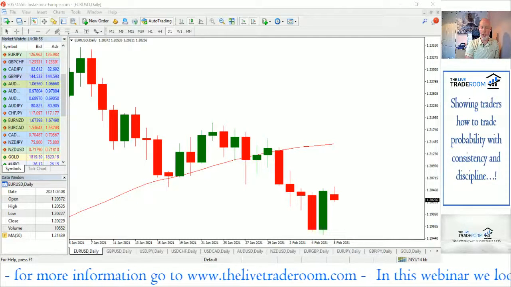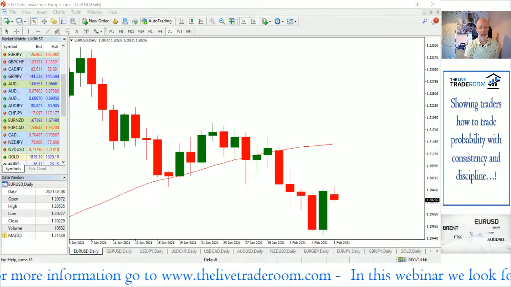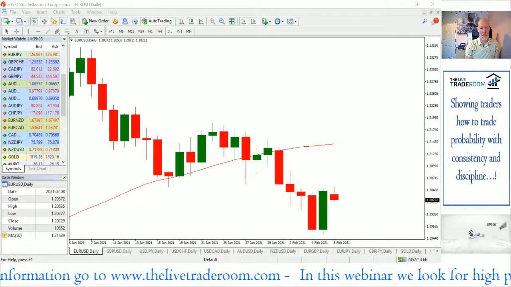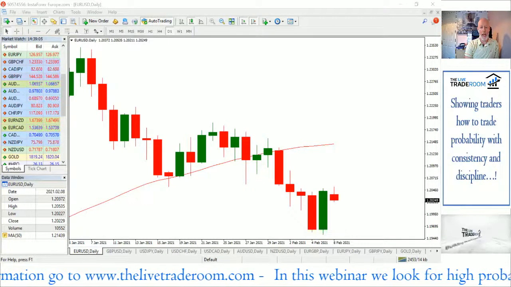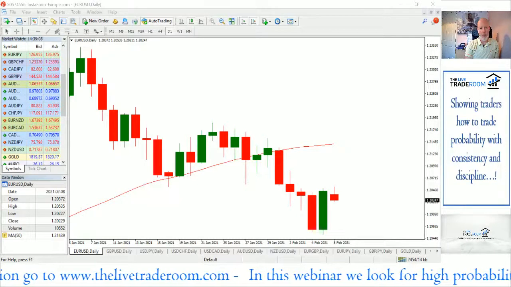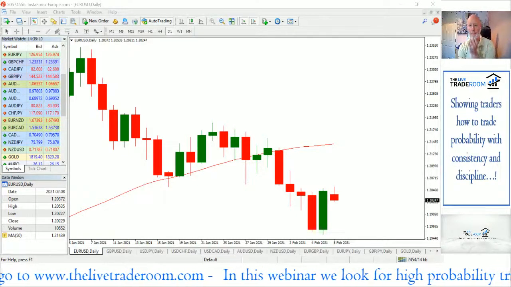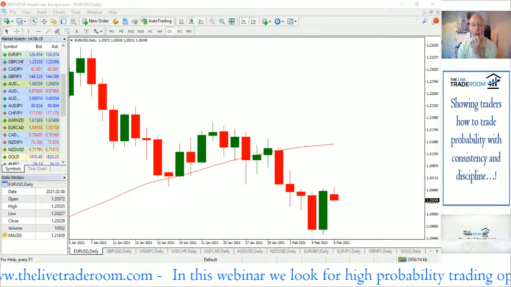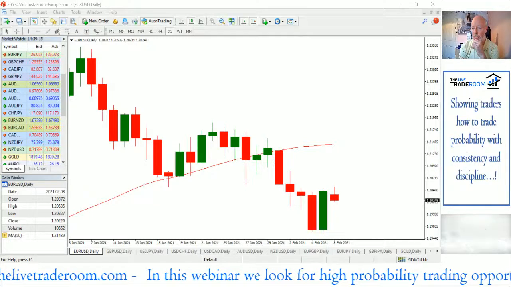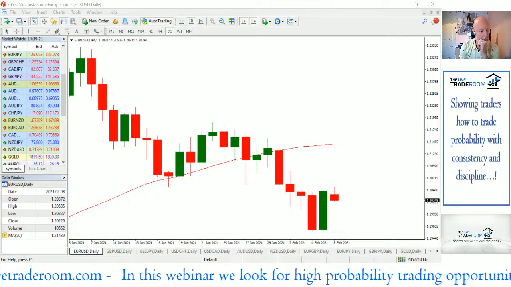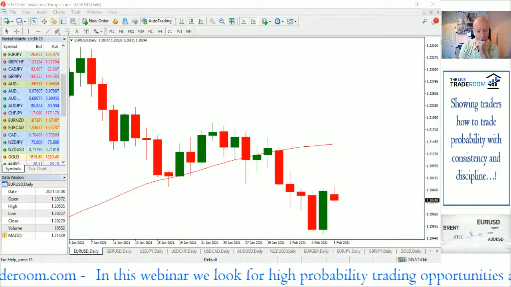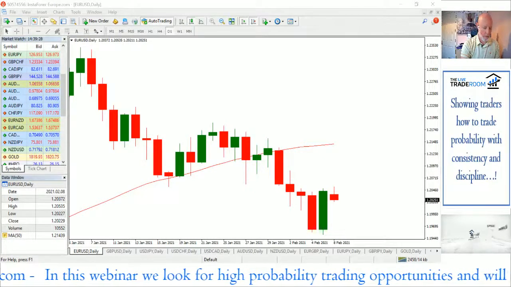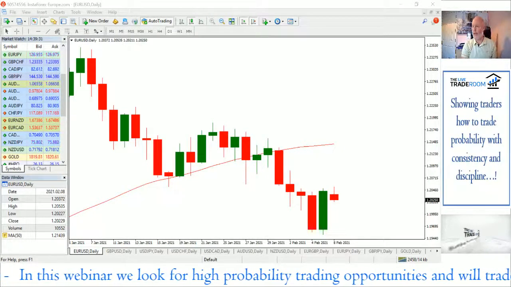We can also have discussions about all sorts of fundamental events. So this live trading has the ability to be whatever you need it to be. We will be in the heart of all of this. We will be actively trading and looking for those opportunities and assessing the probability of a successful outcome. Just bear with me there for a second.